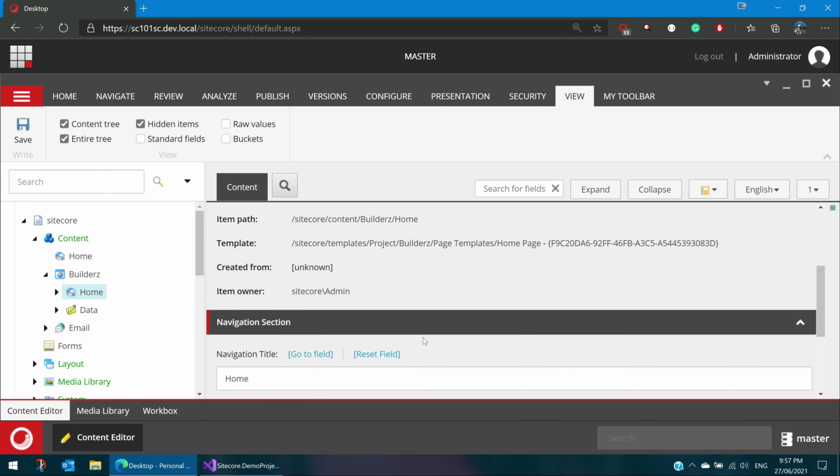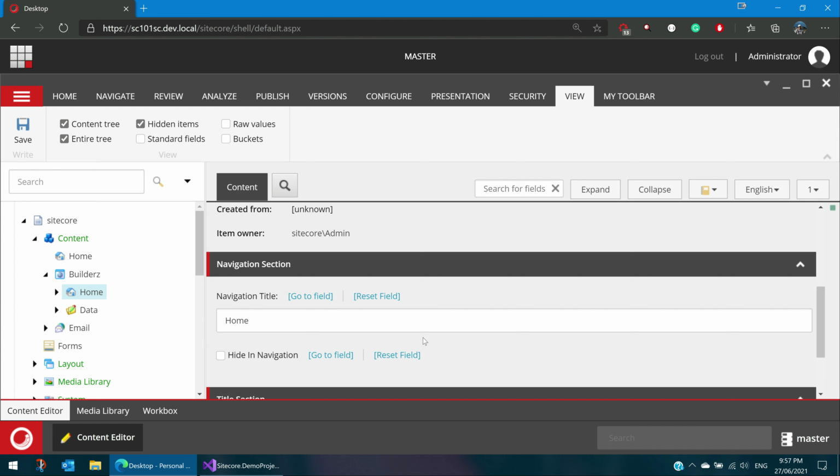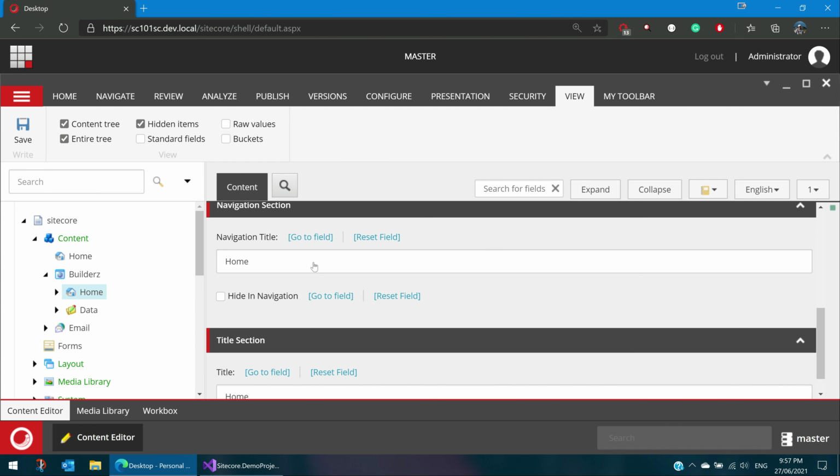So if we are talking about field sections, they do not have any meaning in the backend code for us. So we don't try to get this value, or we don't do any manipulations based on that. Field sections are simply for the content authors, just to give a better experience for them and to group the related fields together.